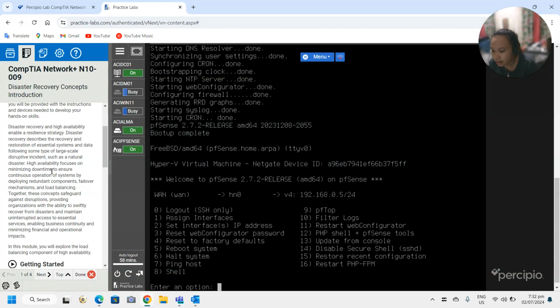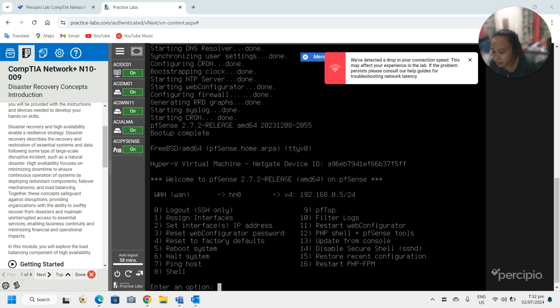Disaster recovery and high availability enable a resilience strategy. Disaster recovery describes the recovery and restoration of essential systems and data following some type of large-scale disruptive incident, such as a natural disaster.